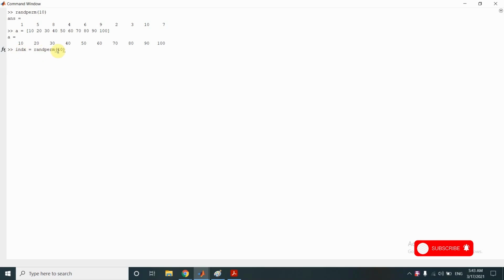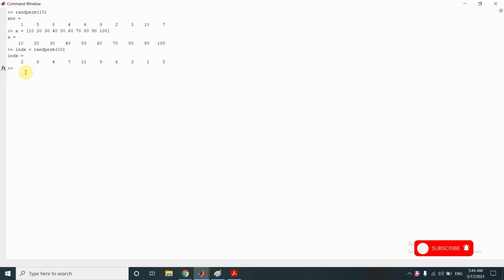So this would create a random permutation of 10 elements. Now when we pass this indx as index for this A vector, the individuals would be arranged according to the index given by this indx vector.